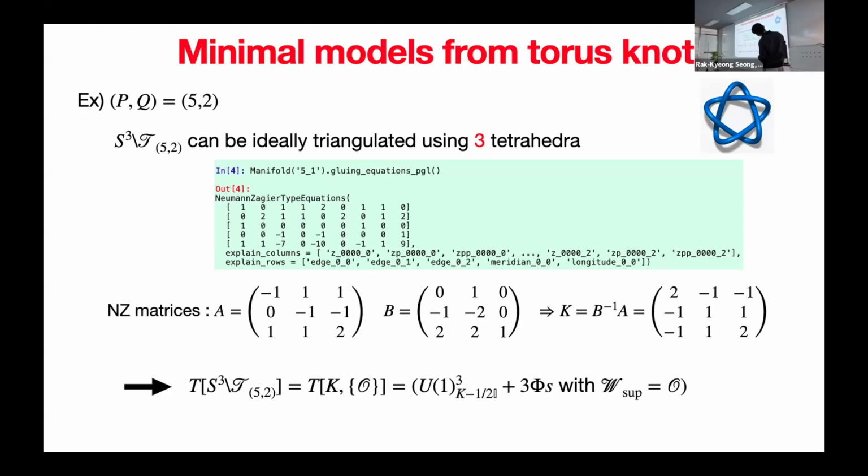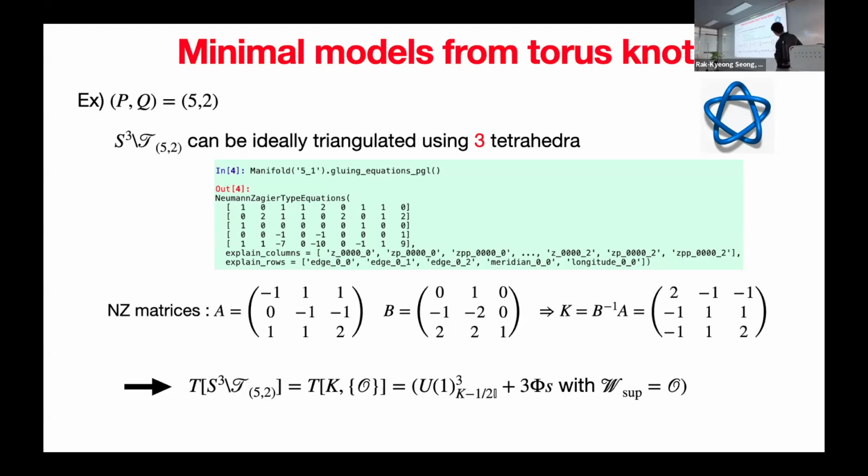computer software called SnapPy. If you ask for the gluing equations, they agree with the gluing matrices, the Neumann-Zagier matrices. This T(2,5) denotes the (2,5) torus knot in the SnapPy notation. Then they give these Neumann-Zagier matrices, and using these matrices and doing some trivial manipulation, we get the Neumann-Zagier matrices A and B. And then we obtain the K